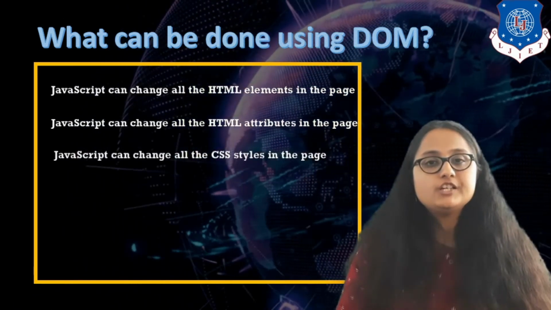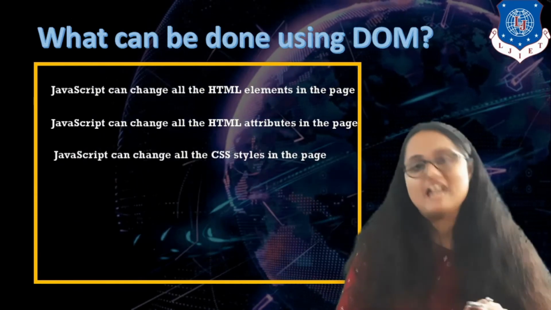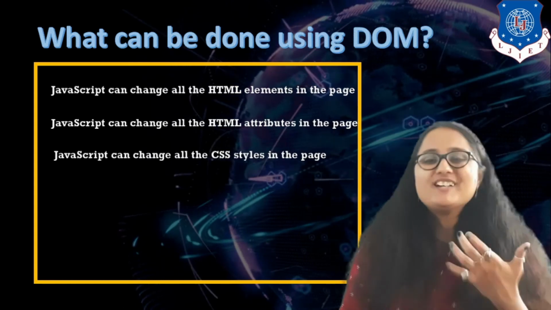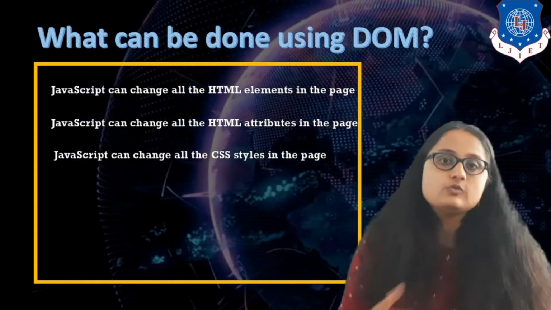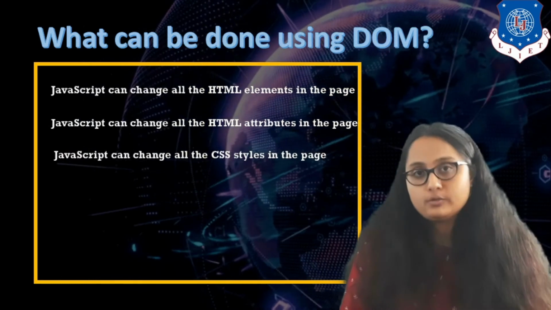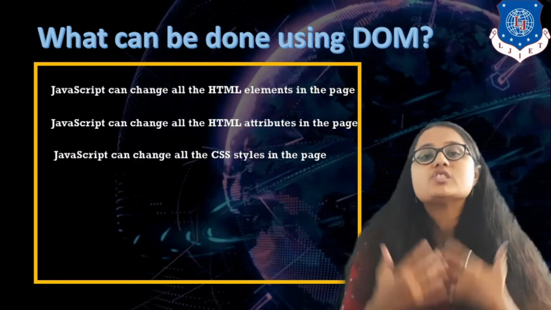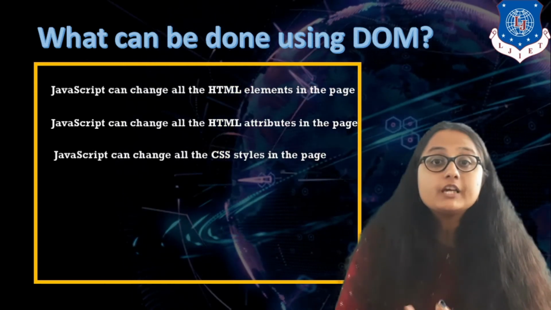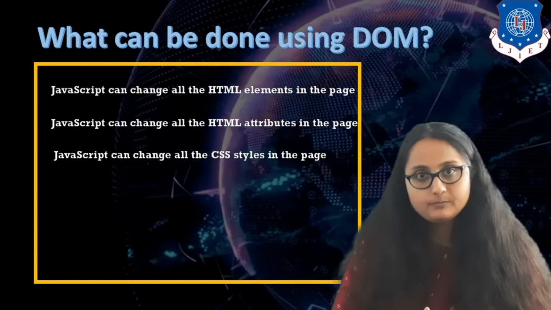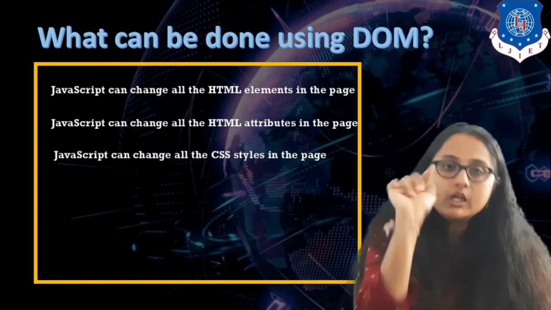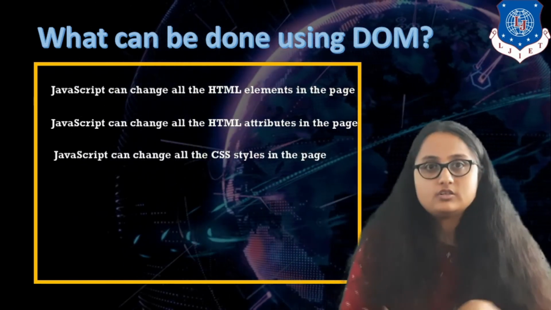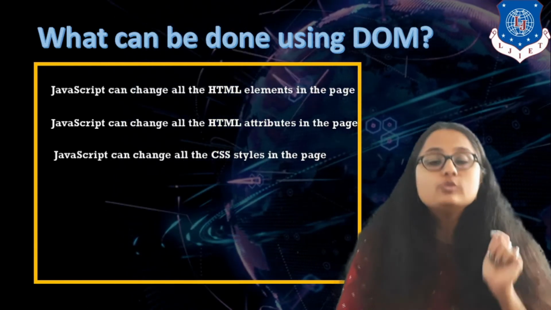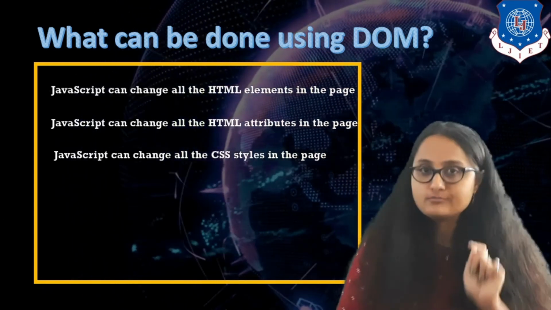The next thing is you can change the CSS style dynamically using JavaScript. Very good feature. You know that statically you can write a CSS code and you can style a page according to your preference. But what if you want to style a page according to the user interaction, right? What if you want the user to select the theme dynamically? You want the user to click on a button and you want the background image to be changed. Can you do so? Yes, you can do so using document object modeling.